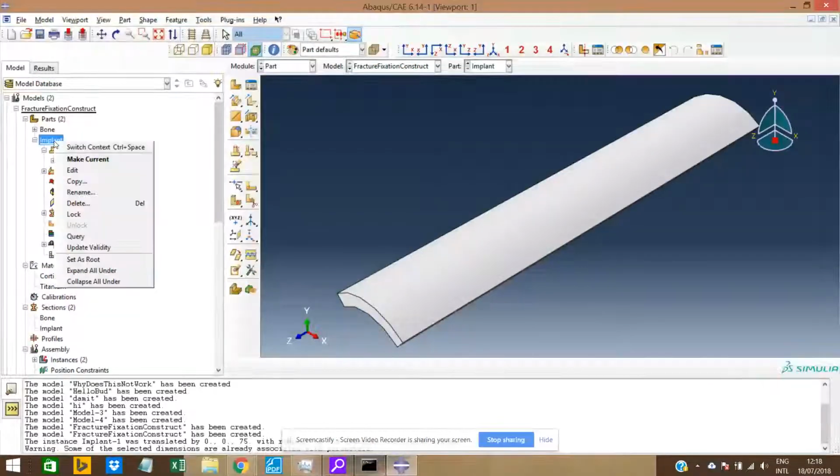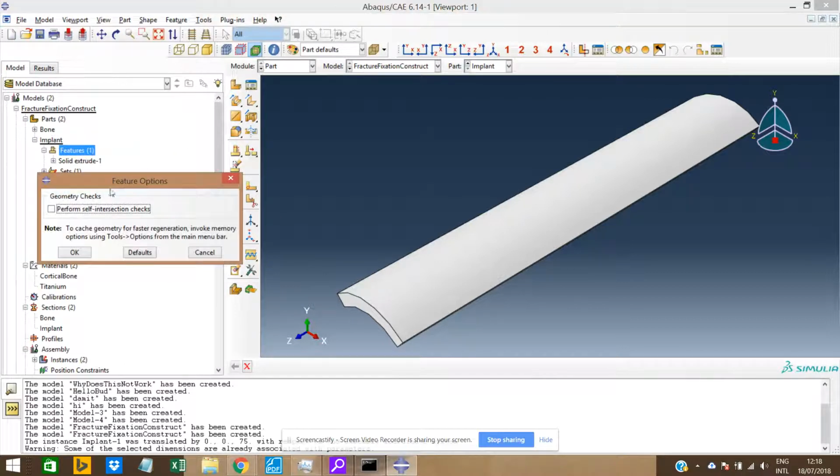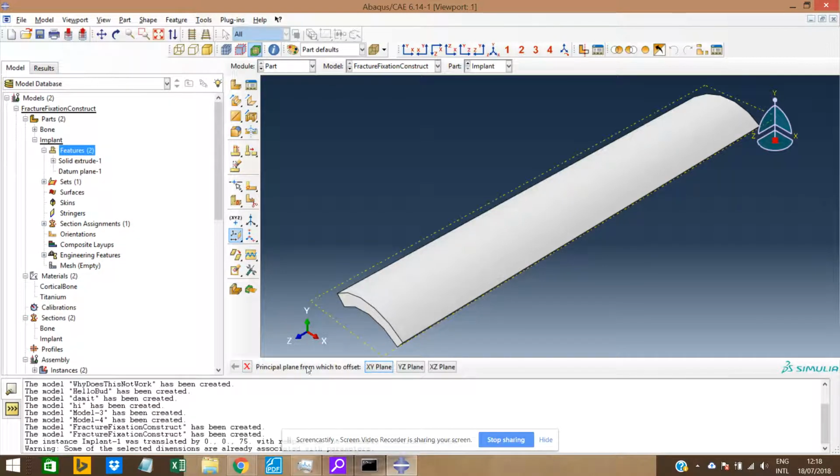So now I'm gonna go into my implant, see if I can import something. Nah, I don't know. Import. No, I can't import. Options maybe. Anyway, I'm just gonna create another plane. Again, in the XZ plane, so I offset it from the XZ plane of 17.5 such that it is, actually I don't want that to be like that. By the way, you can always go, and so right now I realized that's not really the dimension I want,